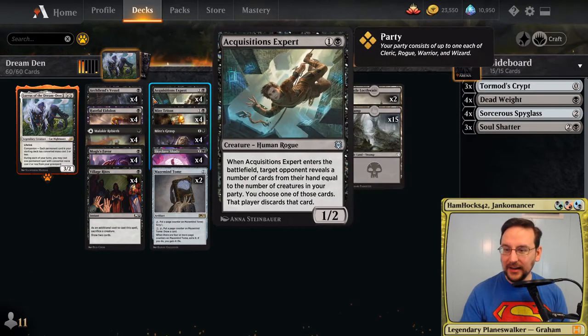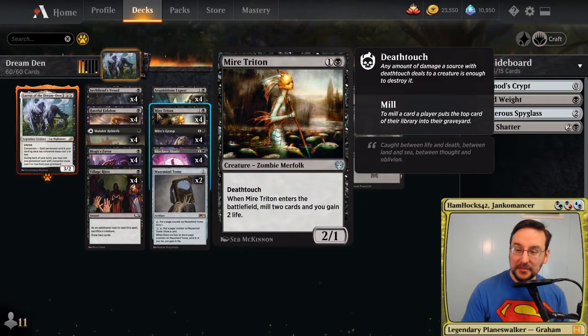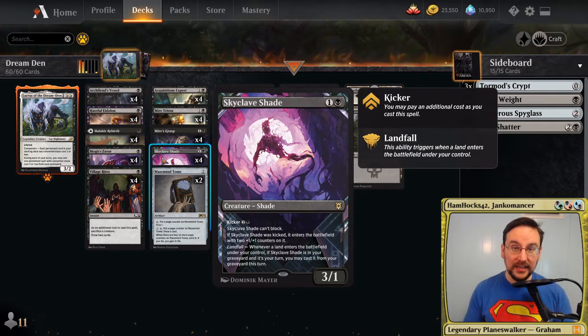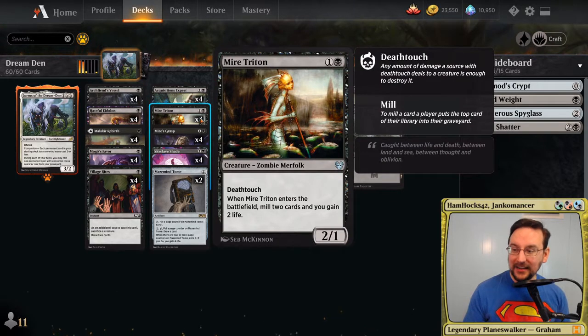And it's also a way to save valuable resources like Meyer Triton or Skyclave Shade, both of which are designed in this deck to provide a little bit extra value. In the case of Skyclave Shade, it's designed to put a lot of pressure and be hard to remove. It really pressures our opponent's life total and sticks around for a really, really long time, and when they do finally kill it, it just comes back. So Skyclave Shade is a great way to provide some pressure. Meyer Triton is kind of the opposite. It's more defensive because it has Death Touch, but it gains us life and it fills our graveyard, which is